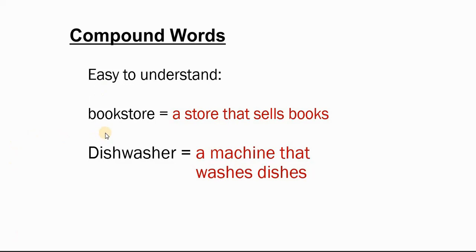A bookstore is a store that sells books. It makes sense. And a dishwasher is a machine that washes dishes. Maybe you have one in your kitchen, but others might not be so obvious. For example,